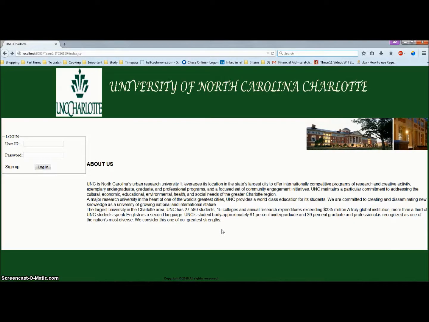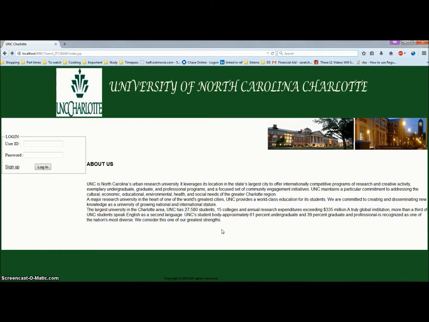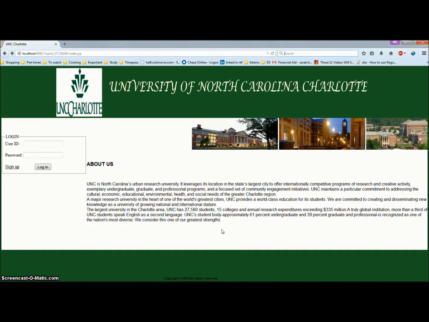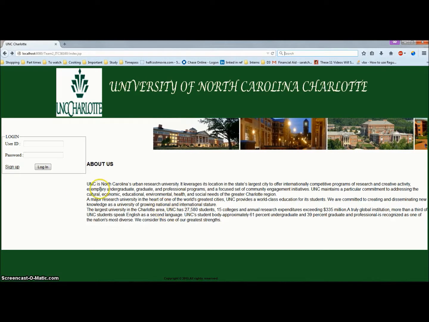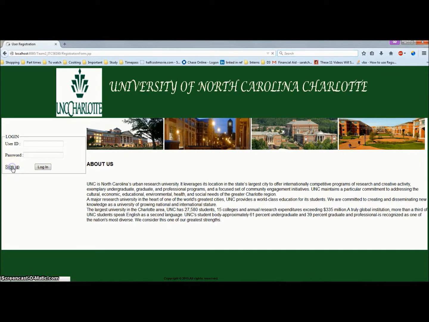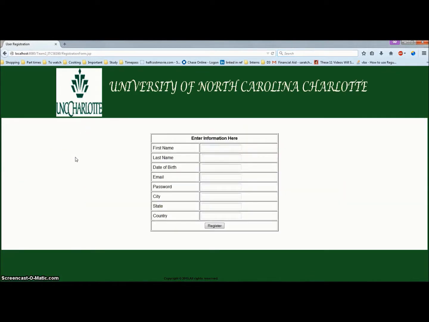So this is the university homepage we have for our application, and on the left side you can see the login credentials bar. So now as the student is new, he needs to get registered, and he'll have to sign up, and he'll be redirected to this page, wherein he has to enter this information: the first name of the student, the last name,